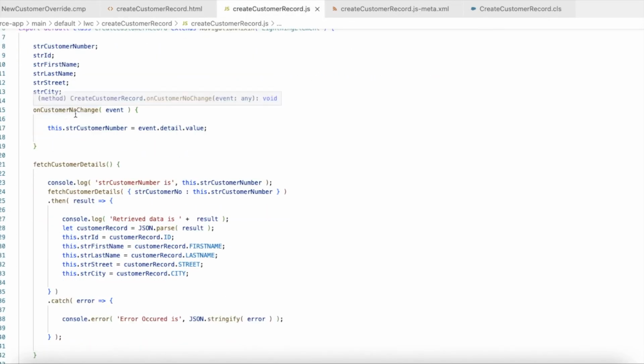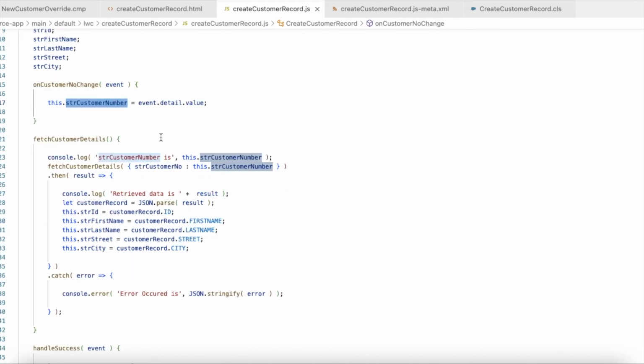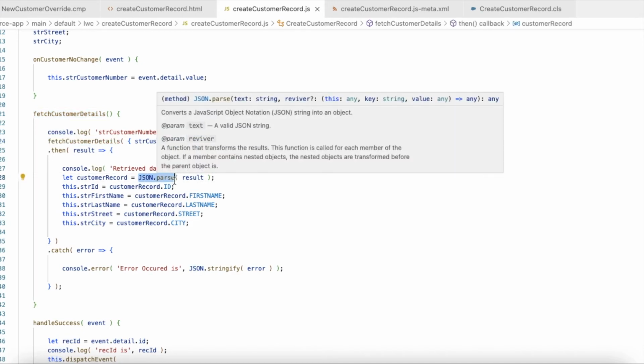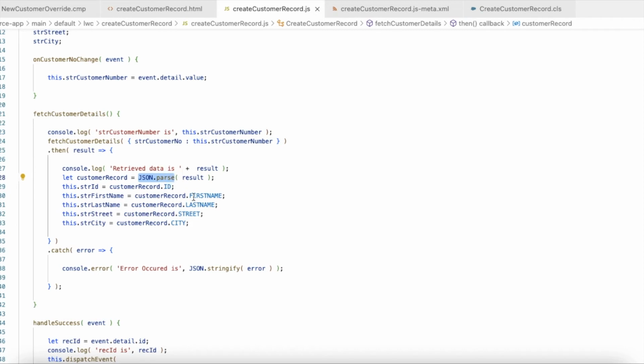So on customer number change, I'm just storing whatever value the agent enters into this variable called strCustomerNumber. And in the fetch customer details, I'm calling this fetchCustomerDetails. It is an Apex method. Once the value is retrieved, I'm parsing the JSON I get from the Apex, and then I'm getting the customer ID, first name, last name, street and city, and then I'm storing it